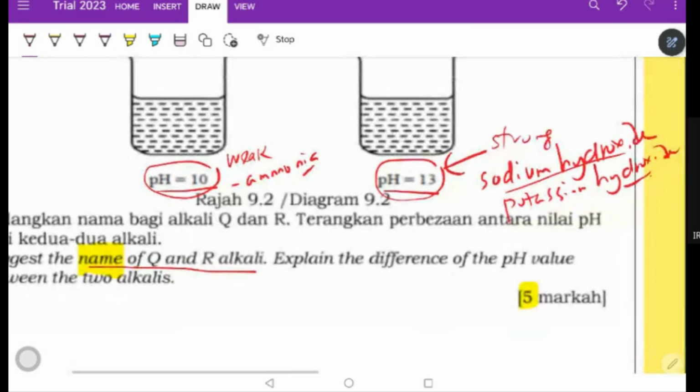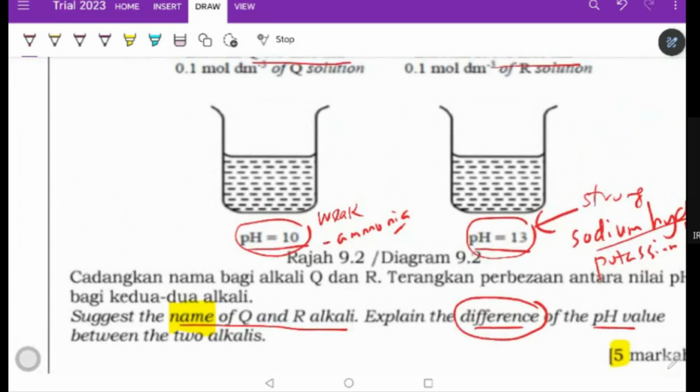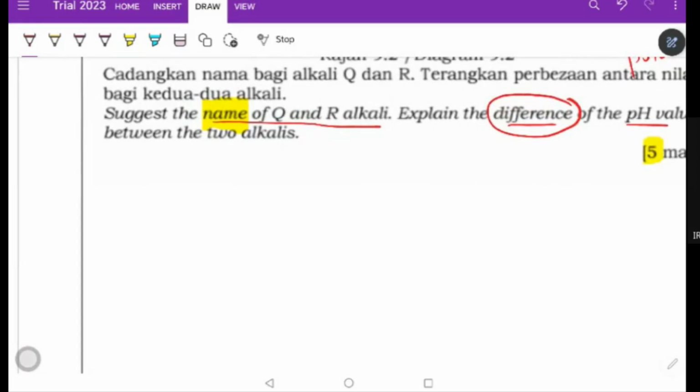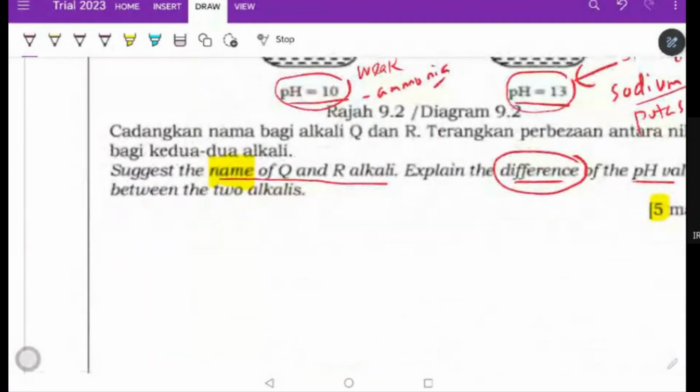Now, class, explain the difference in the pH. Like this. You must mention higher pH, lower pH. For this, strong and weak alkali, you just give the definition and it will be enough. So you say Q is what? This one is Q, right? Q is ammonia. Danger. Then you can mention ammonia